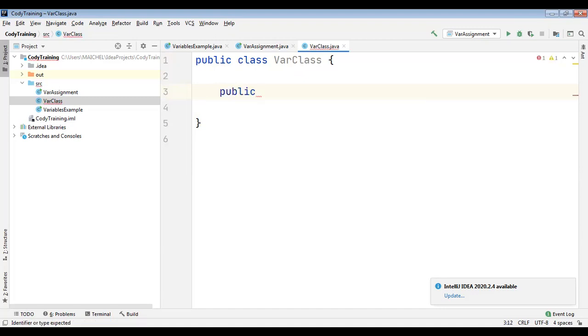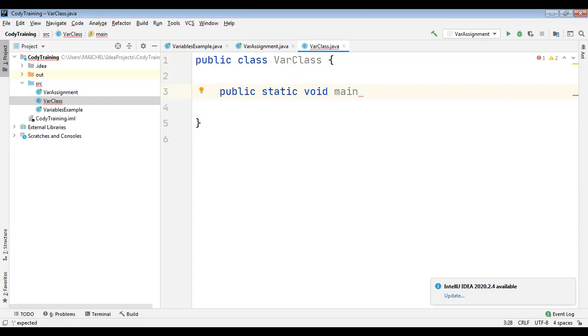Public, static, and you can see the options are very instant now because we are in the right location and we are doing everything correctly. If we are making a mistake, it will not be like that. So public static void main,